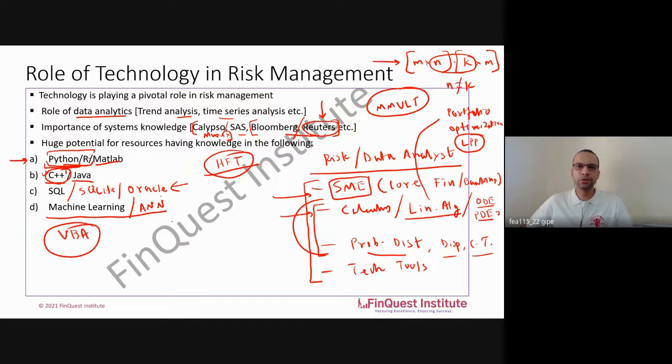And Excel, anyways, you guys are already masters in that, so that's not a problem. But VBA is something which we'll discuss along the way. So I would say for a good data scientist, these things are very, very important. Now, many universities sell degrees of data sciences. Now, that's my personal view.